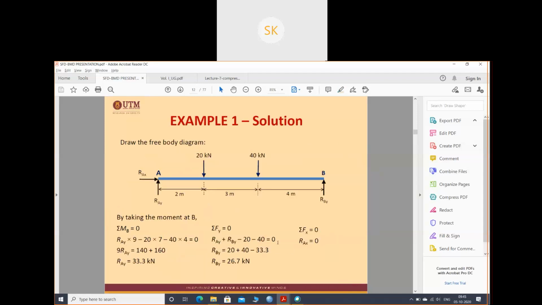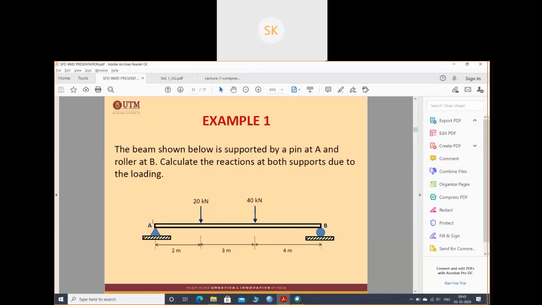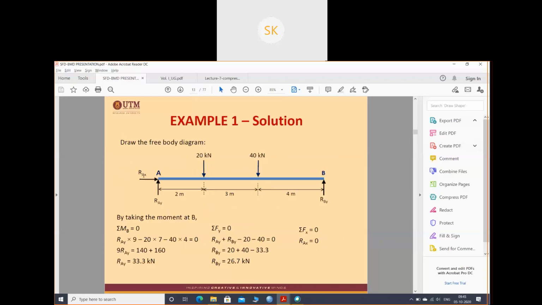So see, this is the beam with a roller support, a pin support, and two loads, 20 and 40 kilonewton. We have to draw the free body diagram. We have drawn it. The roller support is replaced by one reaction RBY, and the pin support is replaced by two reactions, RAY and RAX. These are the supports, with loads of 20 kilonewton, 40 kilonewton, and 20,